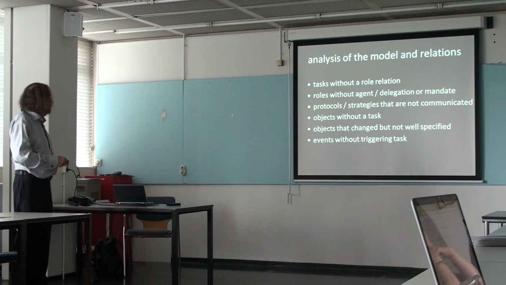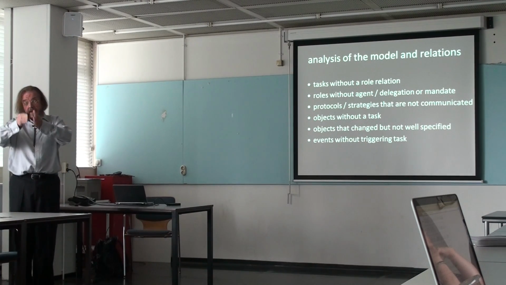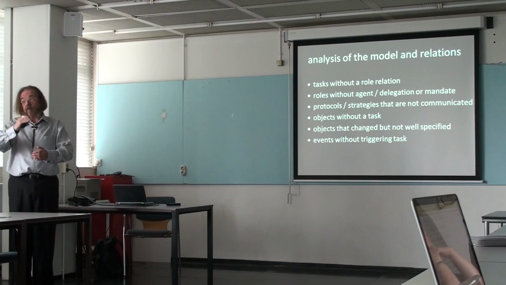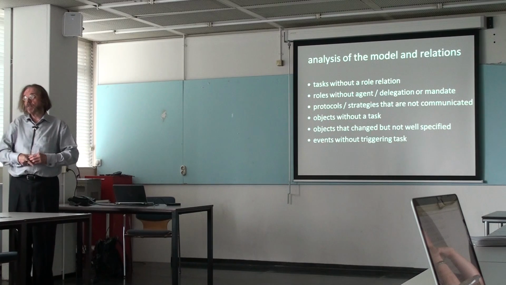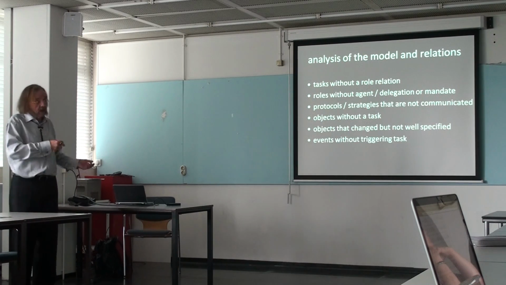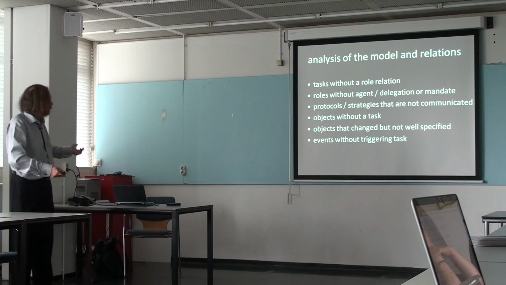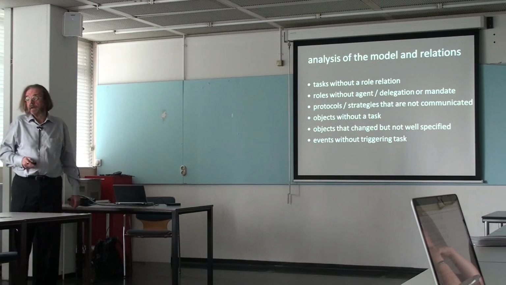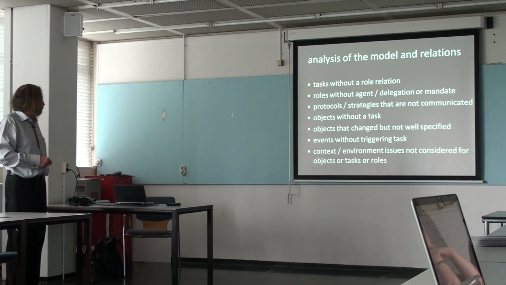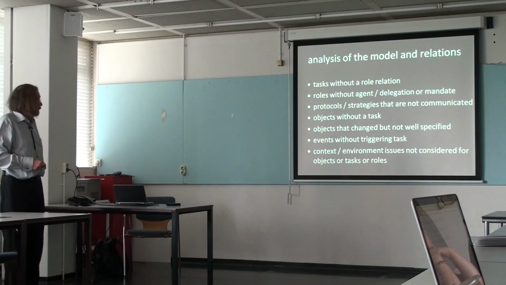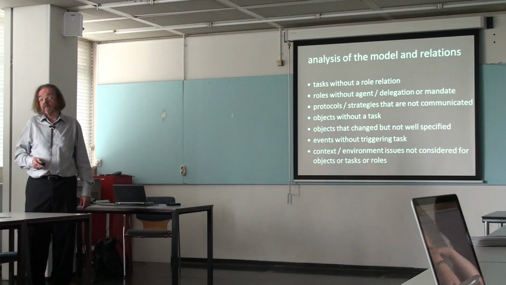And these are things that you can identify by formal modeling, by systematically trying to list all the different roles, all the different stakeholders, find out who takes which role and when, all the different tasks that are relevant, and find out who owns the tasks, who is delegating, the same for the objects. Right? So, okay, and look at the context. Maybe there are things in the context that make things happen or prevent things from happening. So find out what this could be.